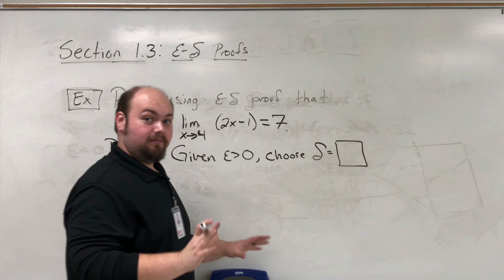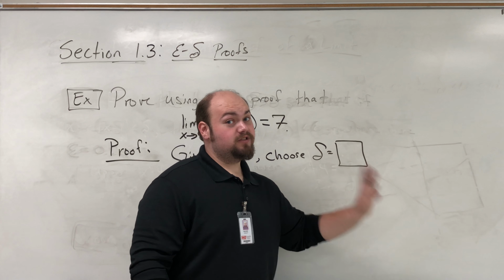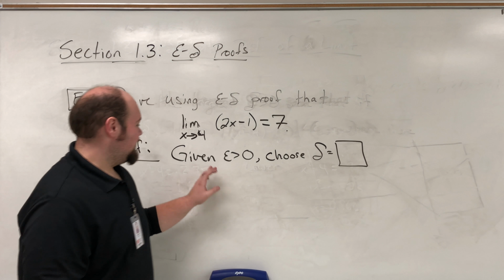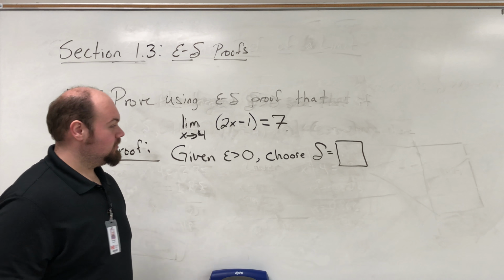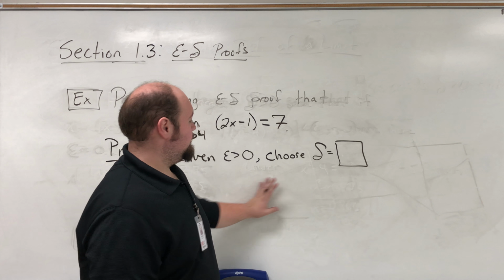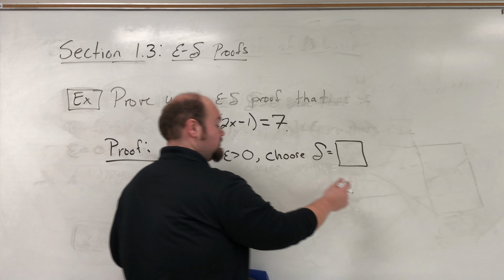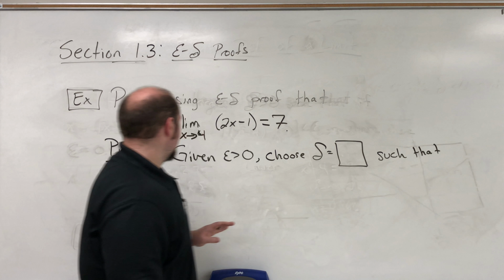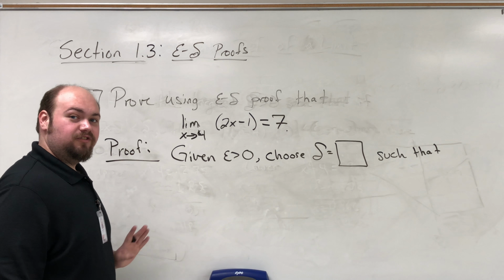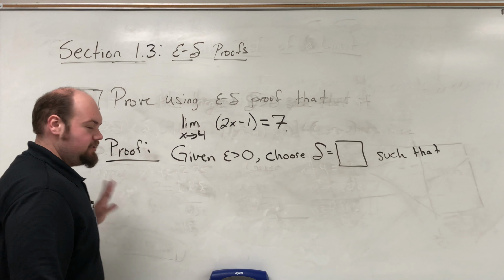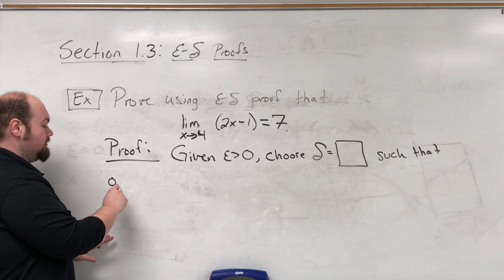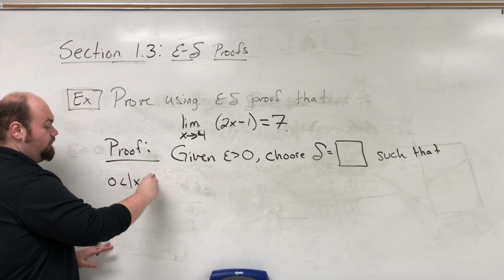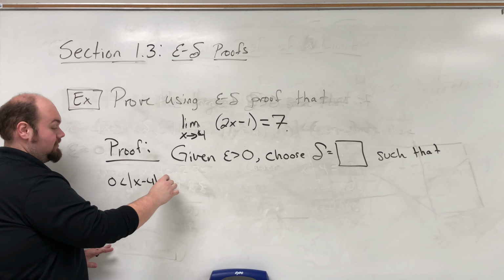Okay, and I'm going to leave it blank because the proof is that we're going to choose that delta so specifically and so nicely that it's going to work and the algebra is going to flow. So given the epsilon greater than 0, choose delta equal to something such that, and to do this type of proof, I have to use the absolute value inequality notation of the definition. So such that 0 is less than the absolute value of x minus the c value that I'm trying to approach, which is 4, is less than delta,